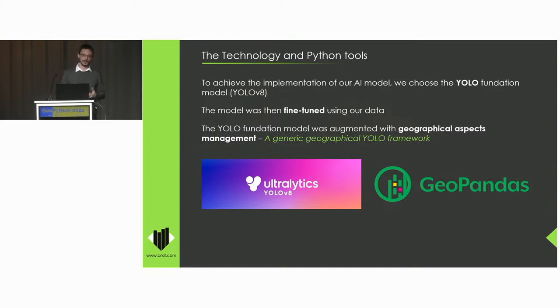We had to fine-tune the model, of course, because this foundation model does not know how to detect the object that interested us in the first place. So we had to perform this fine-tuning. We also had to develop on our side a whole framework able to bring geographical data into YOLOv and then bring it back into geographical coordinates, because YOLOv does not come with support for geographical coordinates straight away. That's what we developed for the client, for him to be able to ingest all his data into YOLOv to perform the actual fine-tuning training of the model.